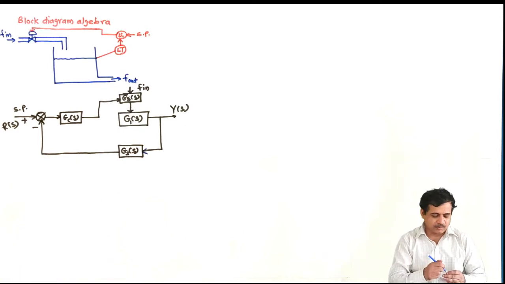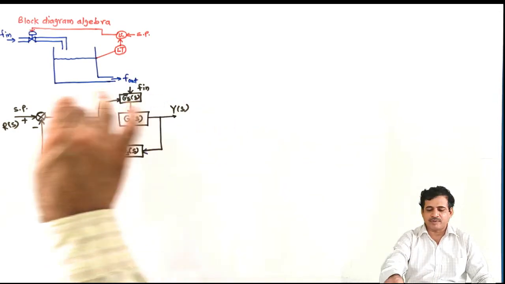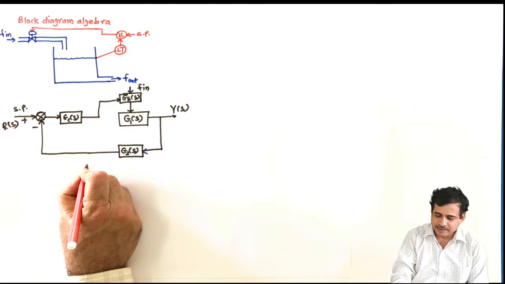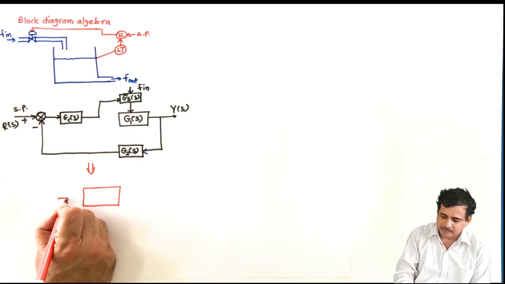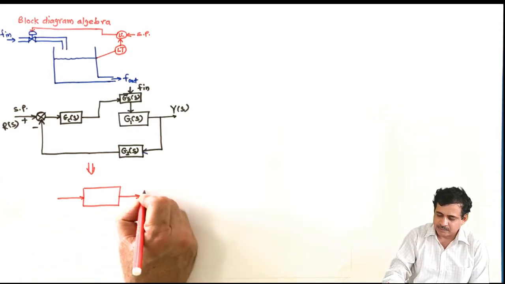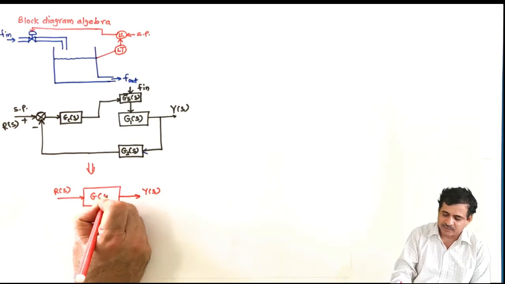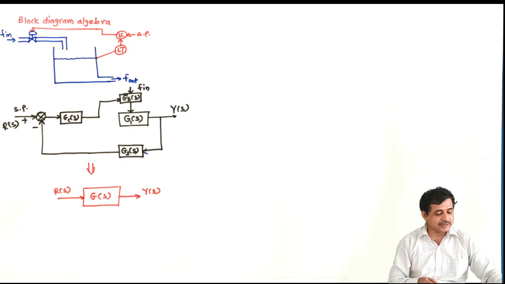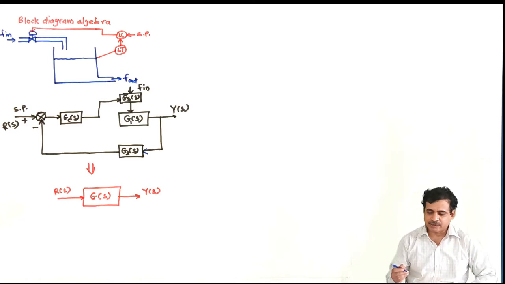So we have seen how the block diagram representation can be done, and now let us enter into block diagram algebra and the block diagram reduction rules. Because if you want to find out Y of s by R of s, this entire diagram shall be converted into a single block having input R of s, output Y of s, and let this be the overall transfer function G of s. We want to do this, but how to do this? So for that purpose, there are certain rules of block diagram reduction through block diagram algebra. So let us start with it.